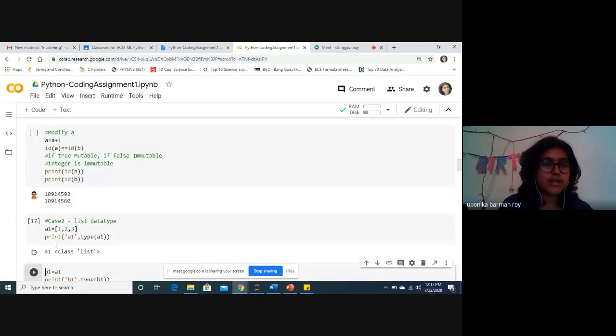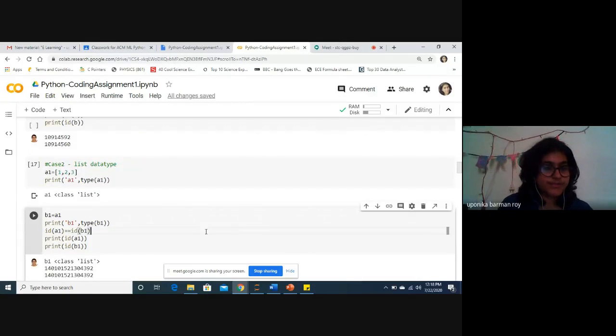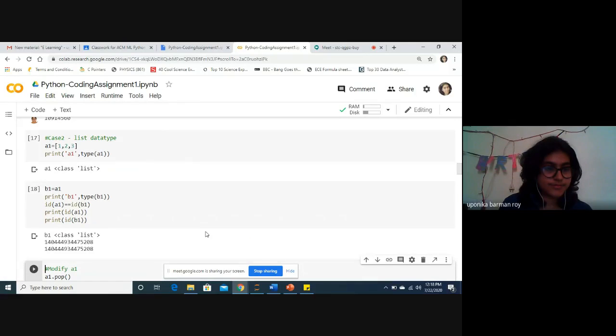So you can check over here, print a1. It is printing a1 and also the type of a1. The type of this a1 variable is list. Now how is the compiler understanding that it is a list? Because of the square brackets that I am giving. It is doing the same thing with b1, taking the value of a1, and the type of b1 is also list because it is taking a1, which is a list.